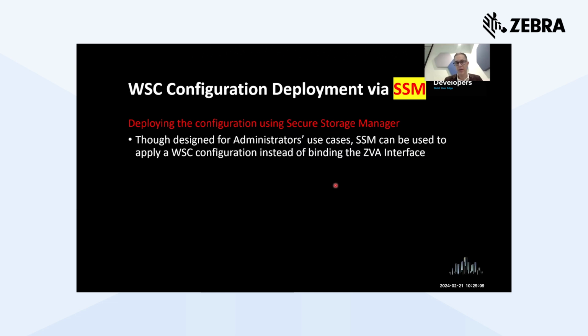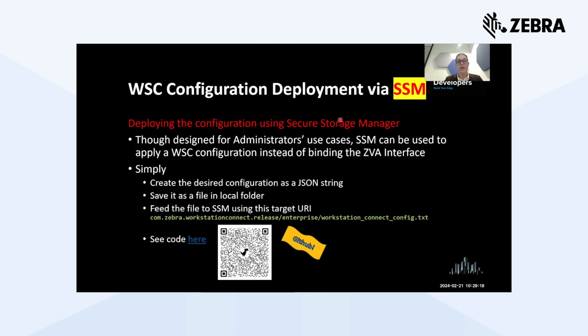Anyway, it's a file provider which is built in our operating system, and it's very easy to use. You create the desired configuration as a JSON, as we have seen so far, for instance, loading from the file or creating it at runtime. You save it to a local file folder,